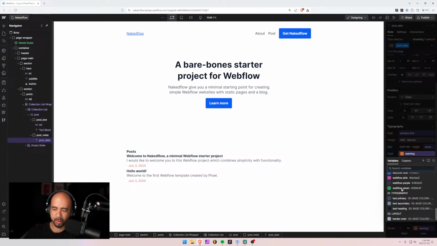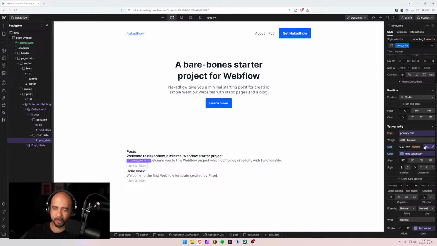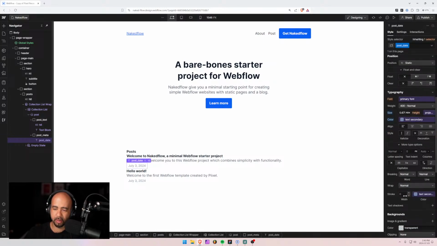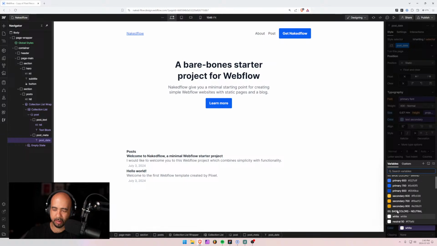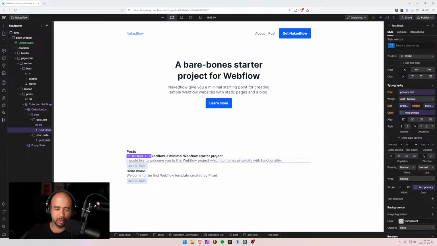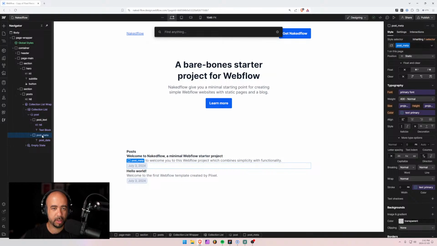Your color is going to be text secondary, and you are going to have a background pretty light. Let's try. I almost want something in the middle of these two. Let's go with 100. And then